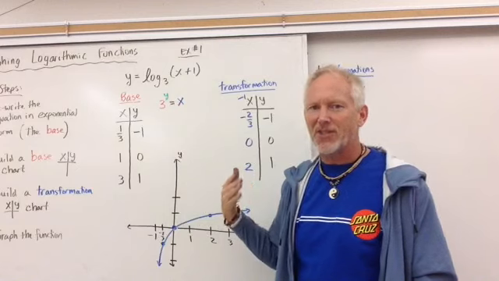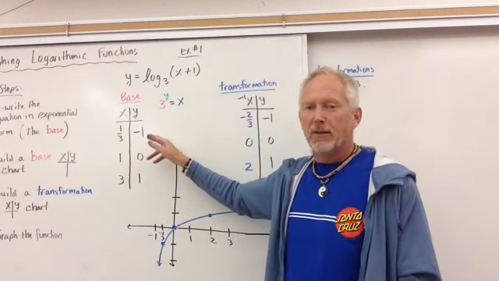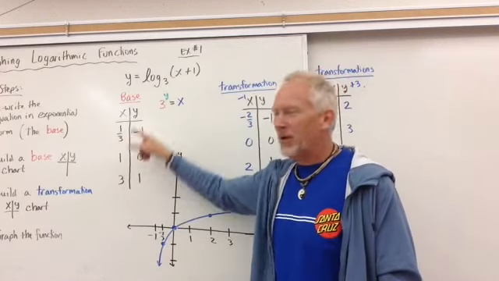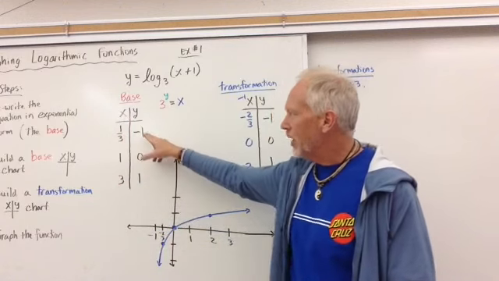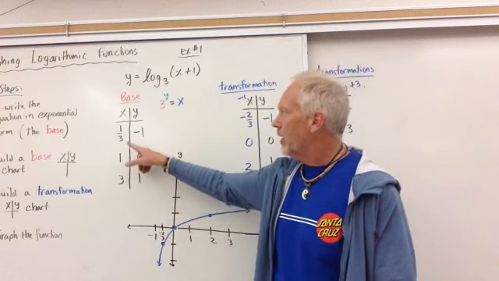Now, I always like to use the same 3 values for y. Why? Because it gives you a very consistent reaction to the x values. I use -1, 0, and 1. Now, why? Because